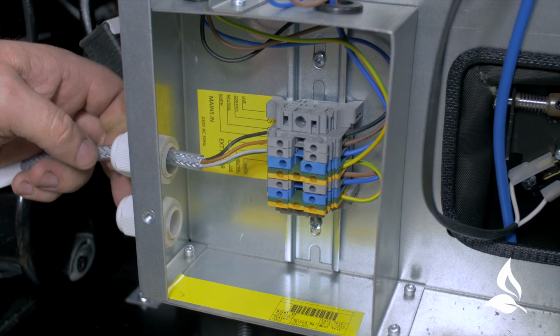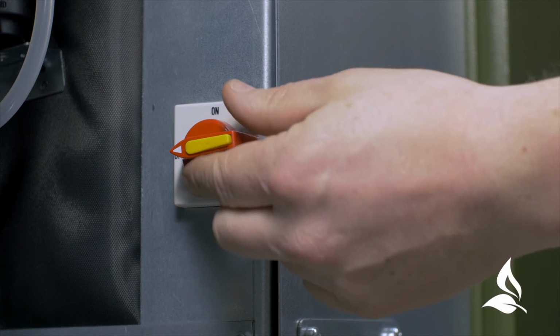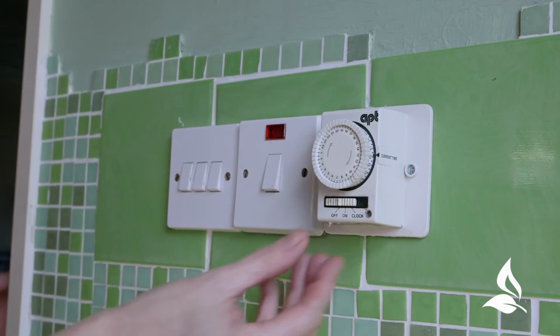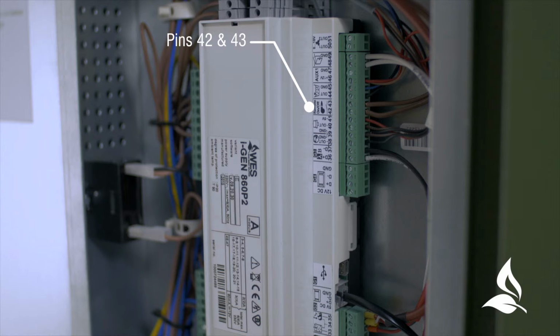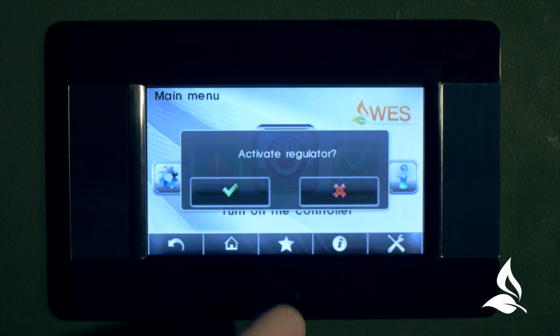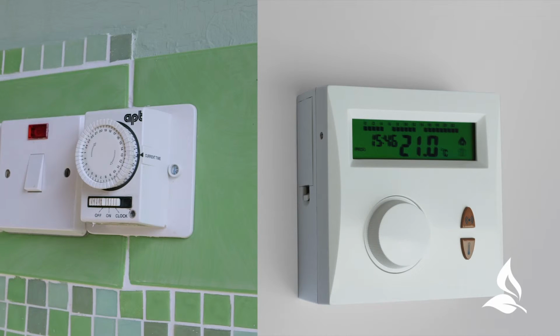Decide how the boiler is being externally controlled. The factory settings are that the boiler is controlled by a 230 volt external control supply from a time clock within the property via a relay. If the controlling signal is a non-voltage switching contact, then this can be connected directly to pins 42-43. Enter the user menu and turn on the controller. The controller is now on and is awaiting the signal from the time clock / room thermostat to start the